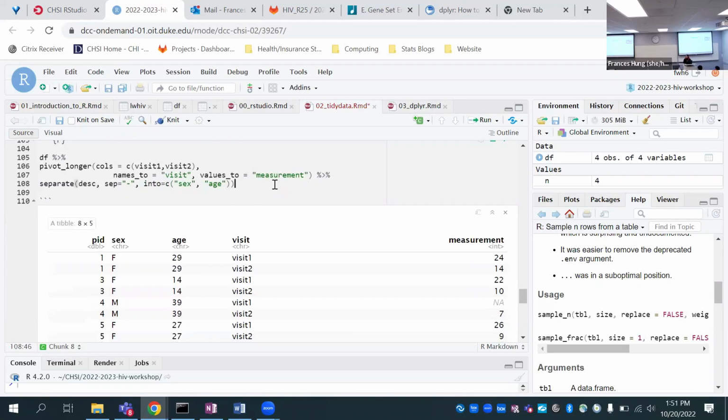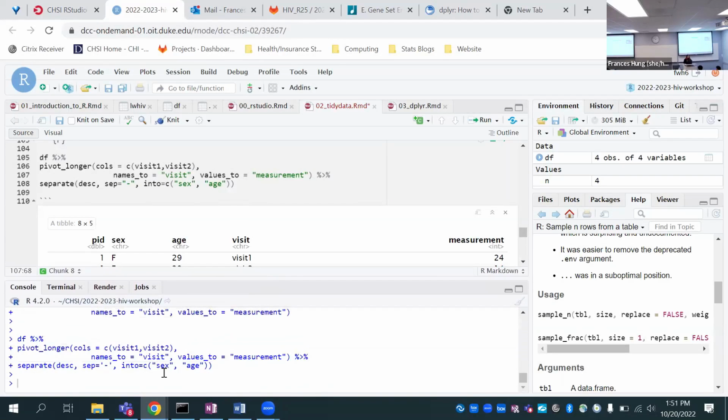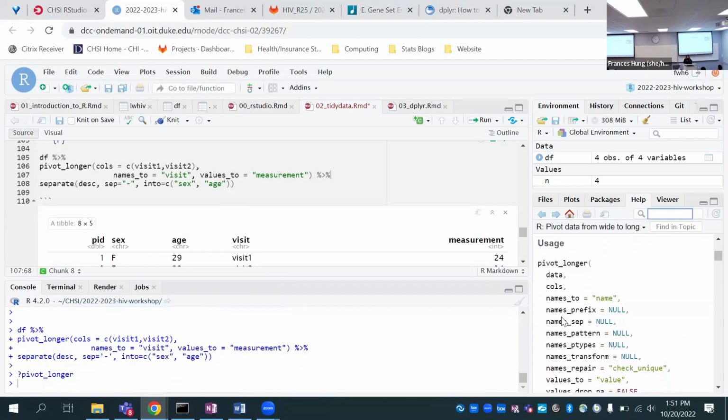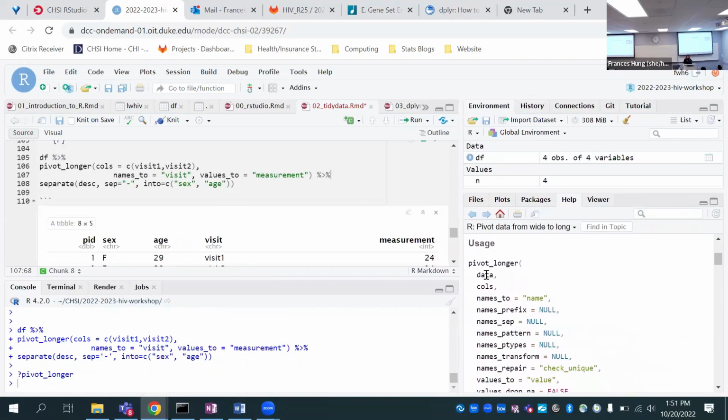So just as a caveat, I'd like to talk about the structure of the pipe in general. One thing I forgot to mention is that if you look at the documentation for all these dplyr verbs, like pivot longer, you'll notice that it takes in a data parameter, a columns parameter, and so on. But here we were missing a data parameter. We don't ever specify data equals something here, right?